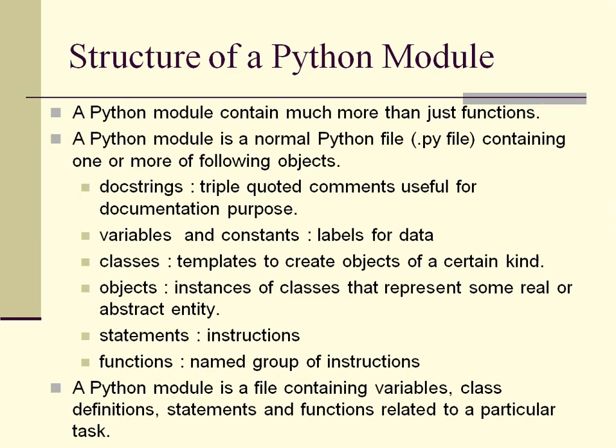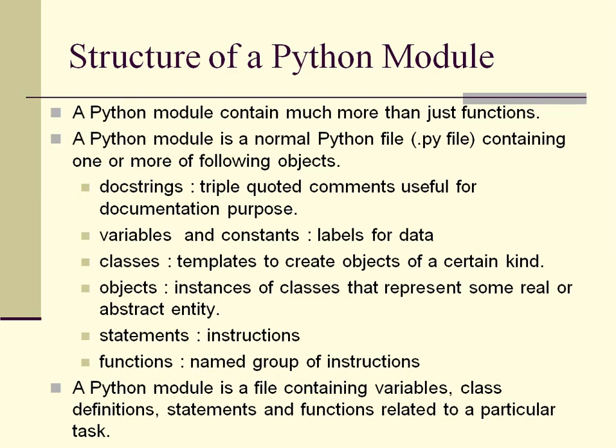Next we can have variables and constants. The data that we want there, for suppose for addition we want to have two variables x and y, so you can give those names only. Suppose in the math module we have a constant for pi, so we can have variables and constants in our modules. Next we have classes. Classes are templates to create objects of a certain kind. They are just like a blueprint in which when you create something it will be of the same kind.